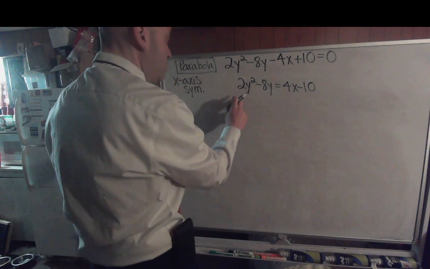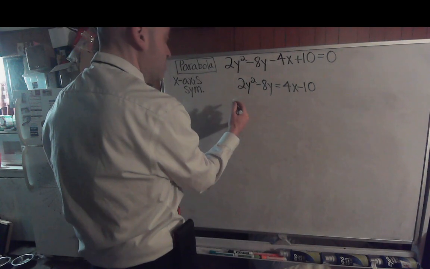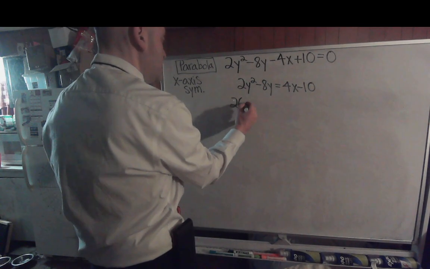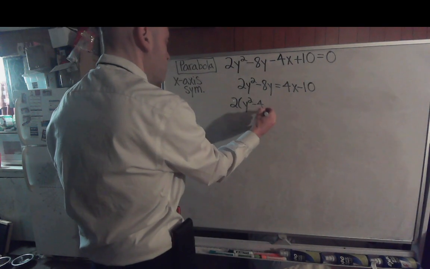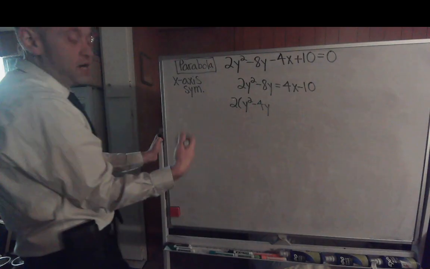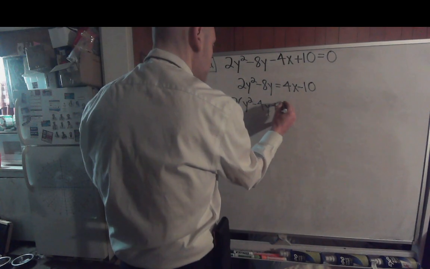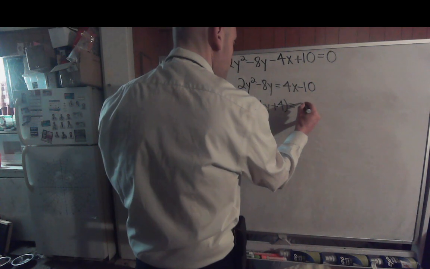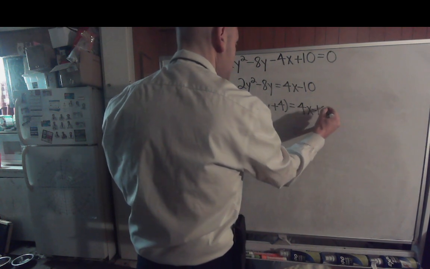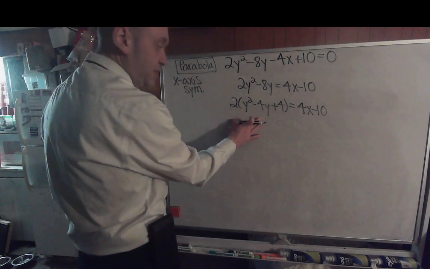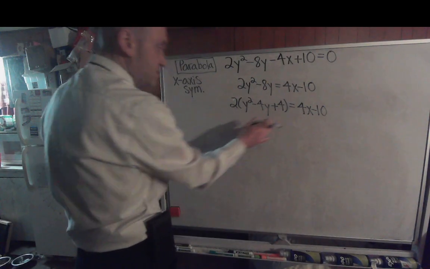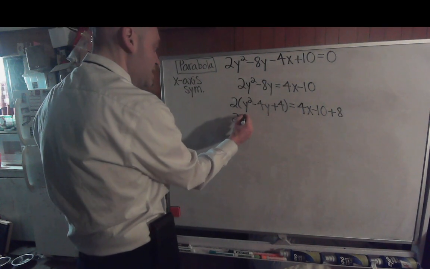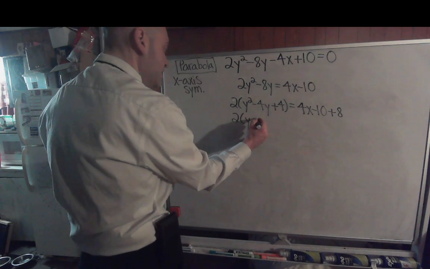Well, let's see here. Now we can complete the square. First, let's factor out a common 2 on the left-hand side. So that'll be 2 times (y squared minus 4y). Completing the square on y squared minus 4y gives you plus 4. So this is going to equal 4x minus 10, but since we completed the square on the left-hand side, we have to add the result to the right. 2 times 4 is 8. So then you end up with 2 times (y minus 2) squared